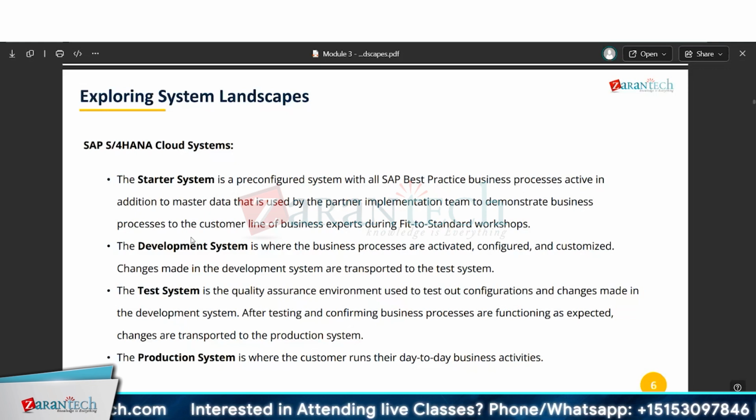Starter system is a demo system that will be used in our fit to standard workshop. What is fit to standard workshop? I mean, are there already options available that we can directly deploy and use? Fit to standard